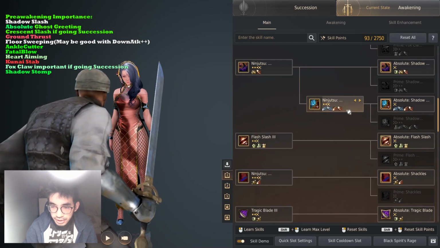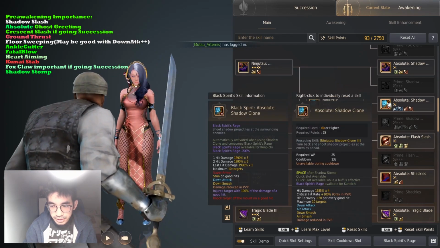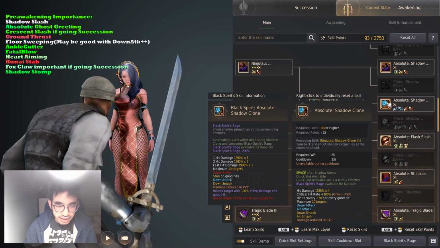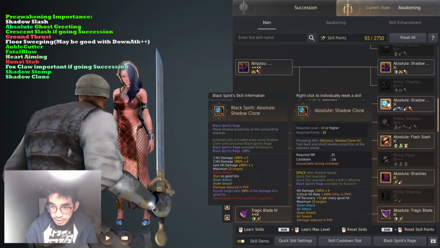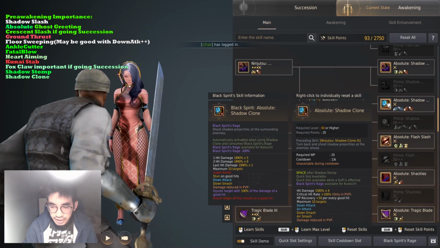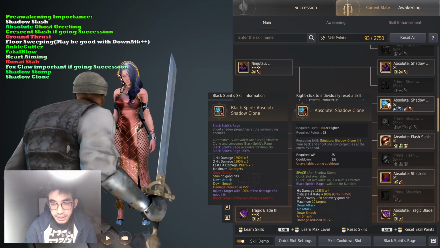Shadow Clone is maybe not as prioritized as Shadow Stomp, mainly because Shadow Clone is just an extra damage boost. It's really weak in PvE. For PvP, it's a decent amount of damage, but for PvE, it does absolutely nothing because it has no crit rate. The crit rate's only applied in PvP, except if you're going for Succession, then you should